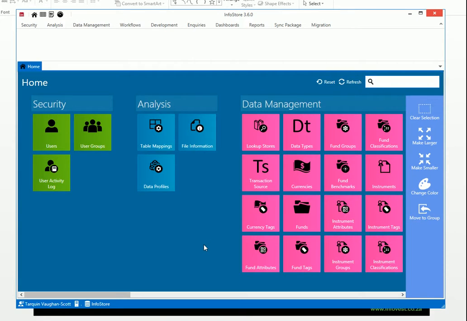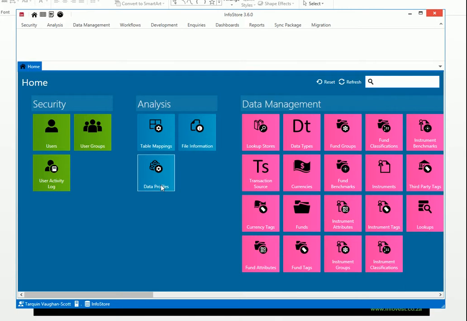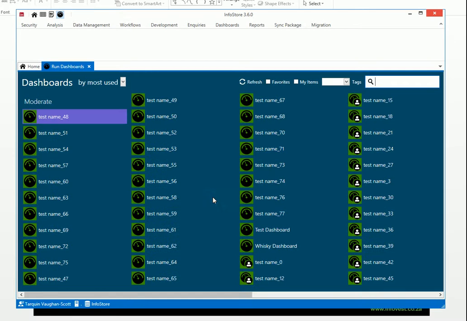What you're seeing here is the home screen. This is the screen which you see as InfoStore loads, and this is what we call the home launchpad. Across the top here you can see there are a number of other launch pads. There's an inquiry launch pad, an inquiry report launch pad, and the dashboard launch pad, and that's what I'm going to be showing now. So if I click that, I see a screen that shows me a whole lot of